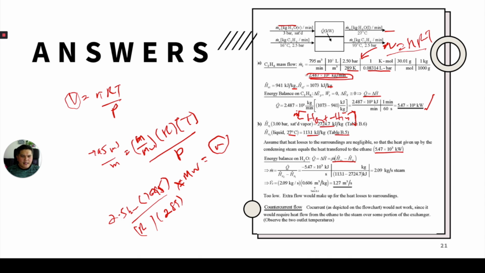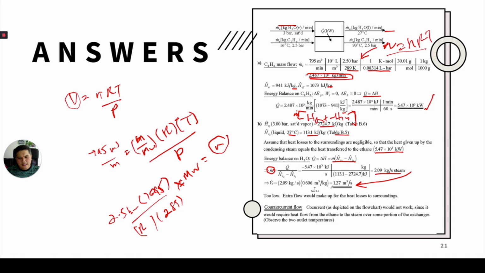So when you rearrange this equation, you'll see that the mass flow rate, which is what you want to know, is the Q, which you got from here, divided by the difference between HS1 and HS2. You put HS2 as 113.1 because this is the outlet from the heat exchanger, and it is the outlet minus the inlet. So when the outlet minus the inlet is multiplied by negative 1, you get 2.09 kilograms of steam per second. And then you convert this into